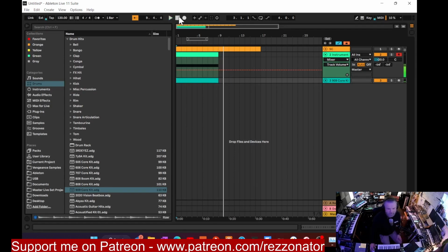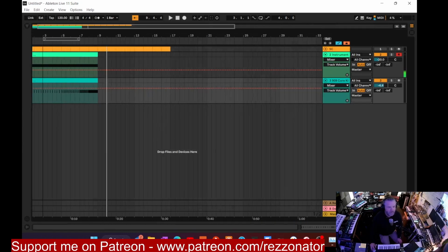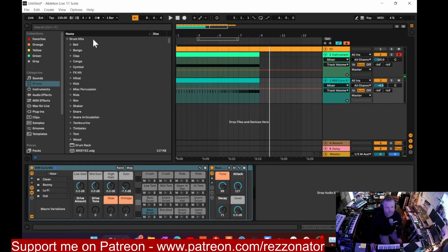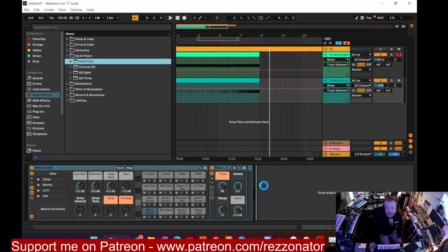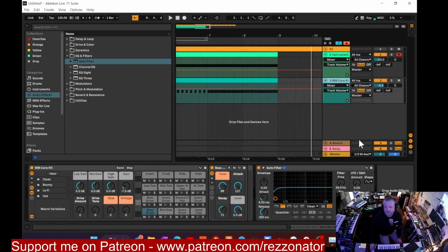Then bang, everything comes back in. So that's the basics of how to do it. It's not that difficult. One little tip I like to use is to stick an auto filter on here, which is in audio effects, obviously, and it's not in dynamics, is it? It's in EQ and filters, obviously. And then put a high pass on here, and then when it gets to, let's map the automation of this,